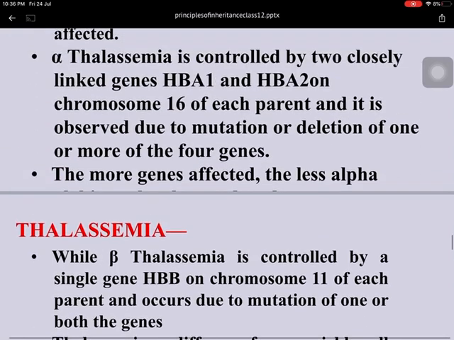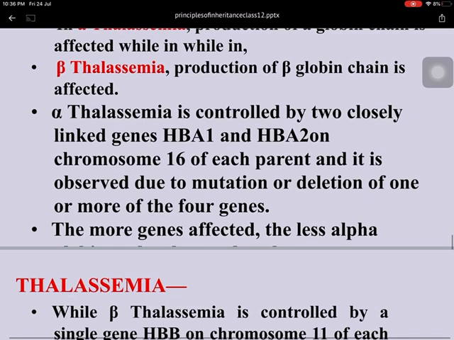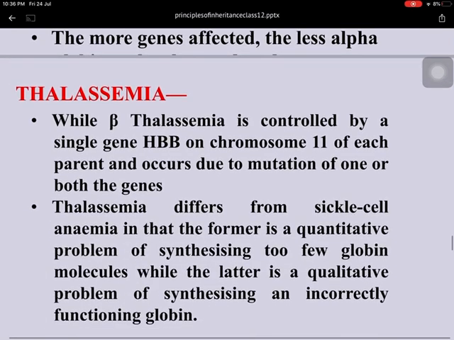What does it mean? In alpha thalassemia, the alpha chain is affected and the amount released is reduced, and in beta chain production will be increased. But in beta thalassemia what happens? The amount of beta chain is decreased and alpha chain is increased. So it disturbs the number of alpha chain and beta chain in case of alpha thalassemia and beta thalassemia respectively. So thalassemia also causes